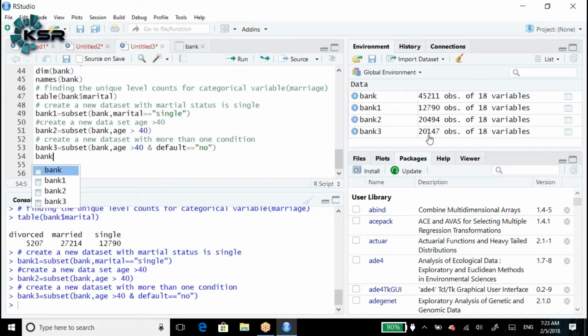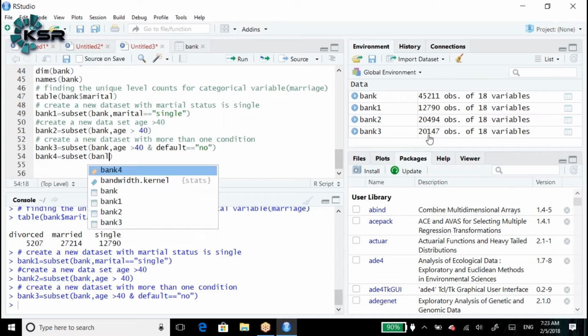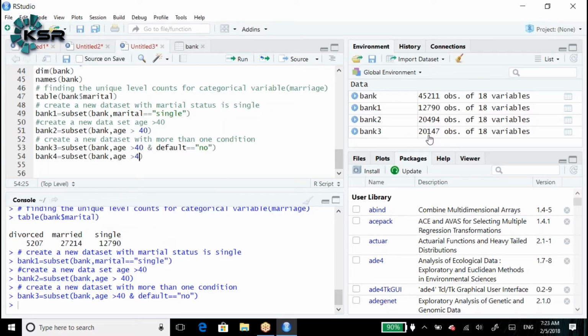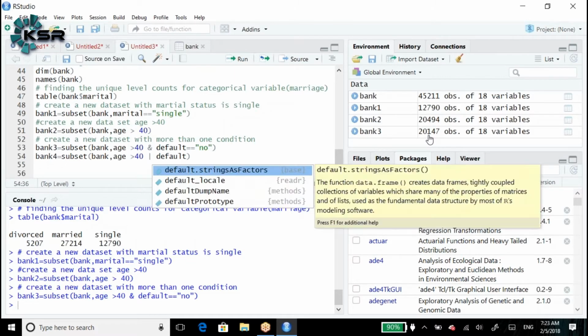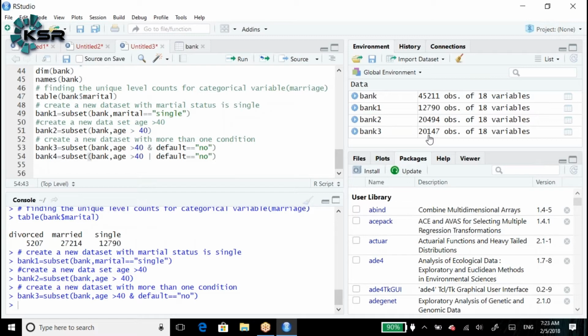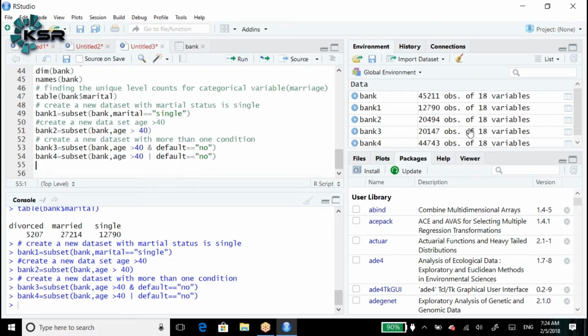Let's say I want to write one more condition, the OR condition. Bank 4 is equal to subset of bank, comma, age greater than 40, OR, which means the pipe symbol, default is equal to no. So how many records did we get?